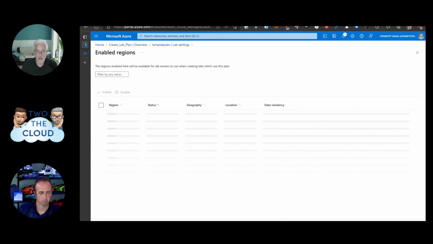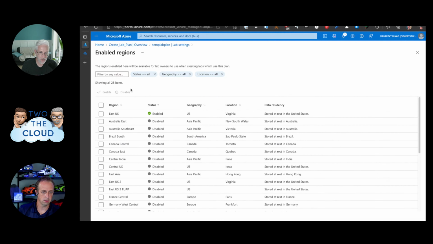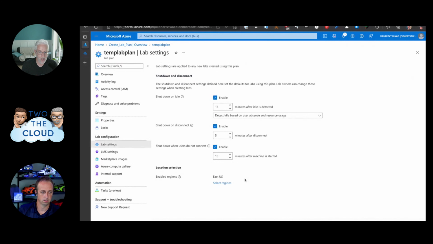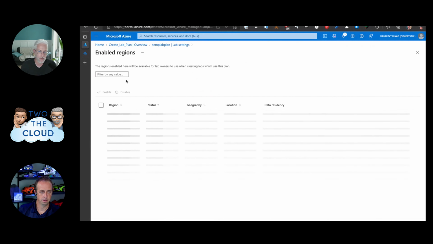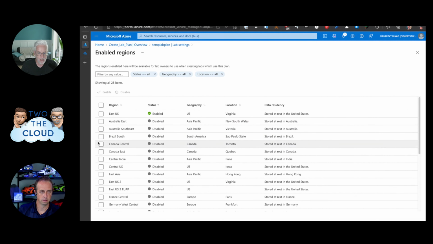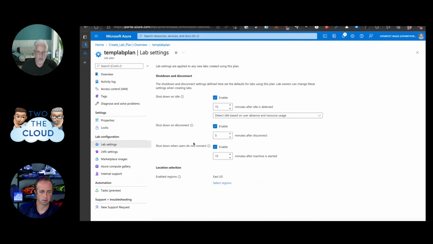You can bring in additional regions, but this one gets a little bit weird to me. You've got the parent lab plan resource, and then you can say VMs are going to be created in these regions. You just come in and select regions, and I'm in East US and I want to be in East 2. So go ahead and bring in multiples if you want to.